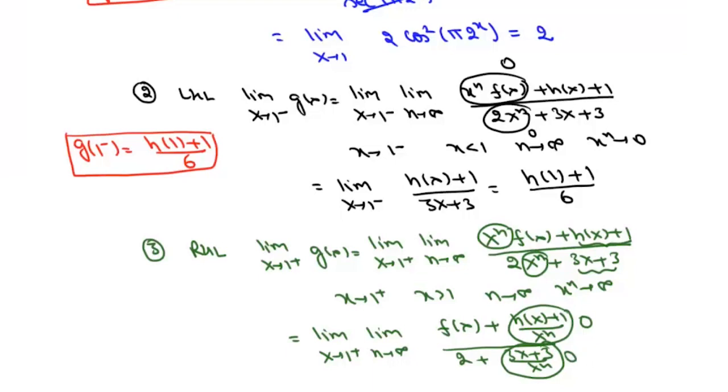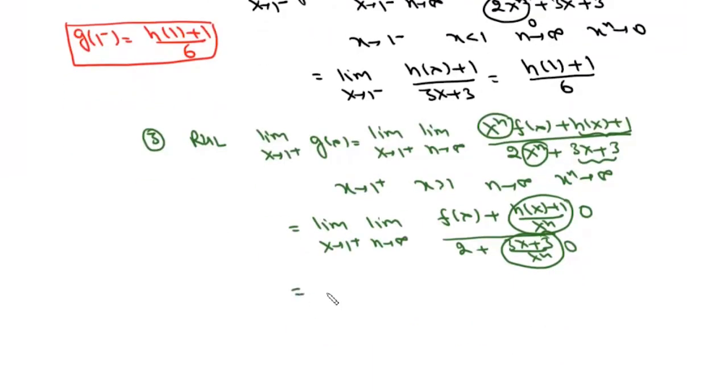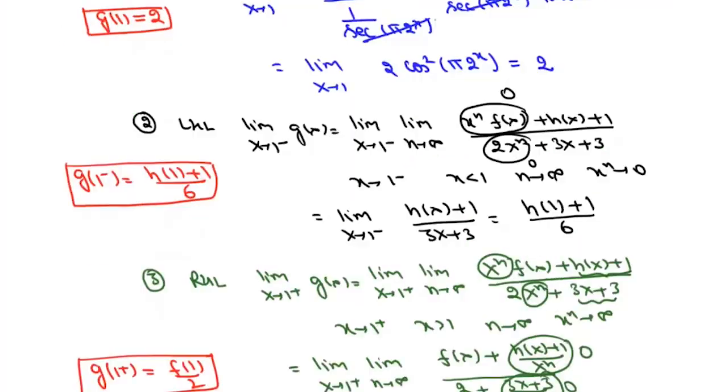So this right hand limit will be the limit as x tends to 1 positive of f(x) by 2, which is f(1) by 2 as f(x) is continuous. So the right hand limit of this function will be f(1) by 2. Now once we have the function value, left hand limit and right hand limit, then for the condition of continuity, we know that all three must be equal. So if we equate them, then we can write